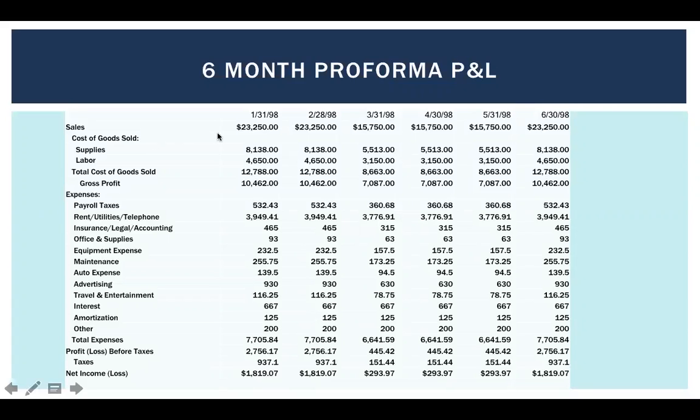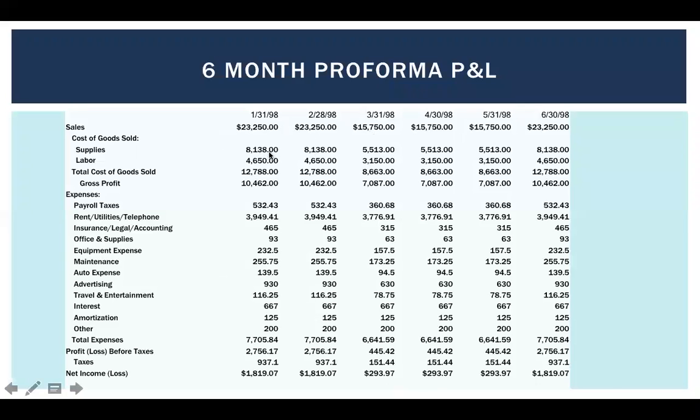So what someone who is doing a 6-month pro forma is doing is anticipating, okay, looking out into the future for the next 6 months, let me forecast what I anticipate sales to do. And as you can see here, this business, as with all businesses, has some fluctuations. It looks like in the beginning of the year, first 2 months of the year, pretty consistent, and then it drops. So this business expects, either from historical experience or from just knowing cyclicalness of the type of business that it is, that its sales could see a dip pretty significantly. This looks like it's about 2/3 of the sales in the other 3 months.